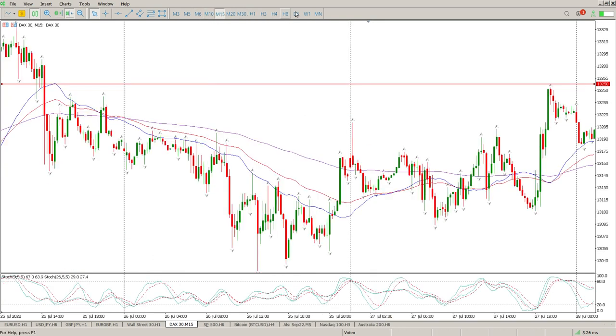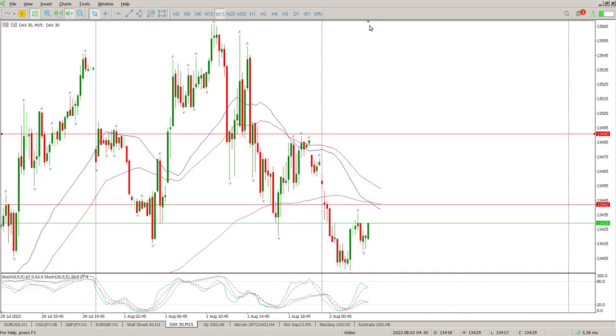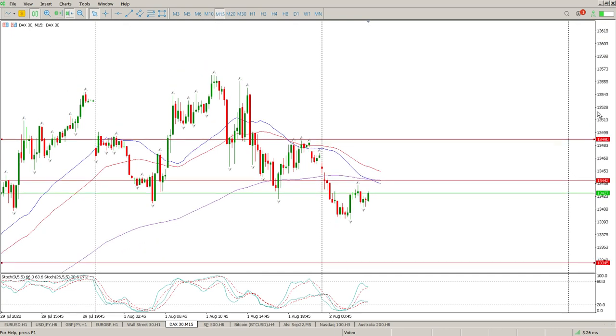You can't jump in on this just for the sake of jumping on it, because oscillators point to the downside. So I would be interested to see if we can get back above the structure at 13,442, find support there, close those gaps, come back, find support, and then continue up. I think a clear break above 13,490 and support there would give me confidence that we